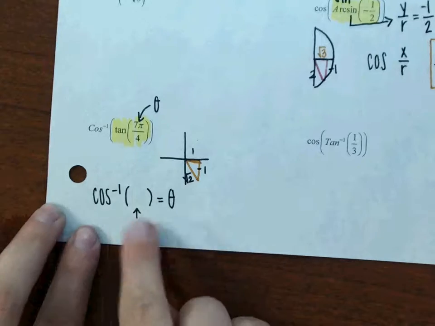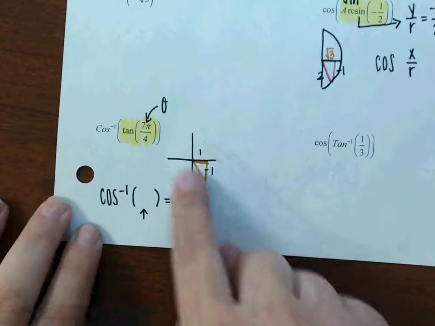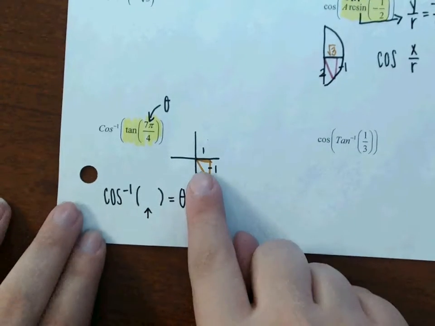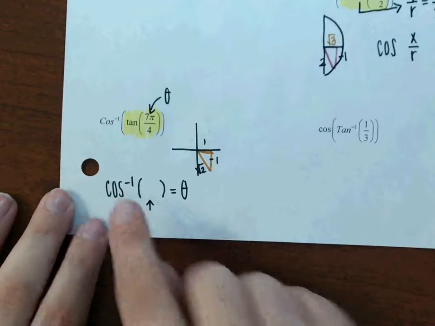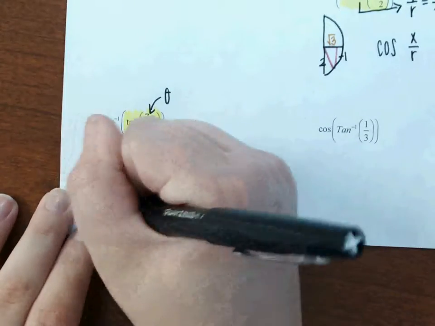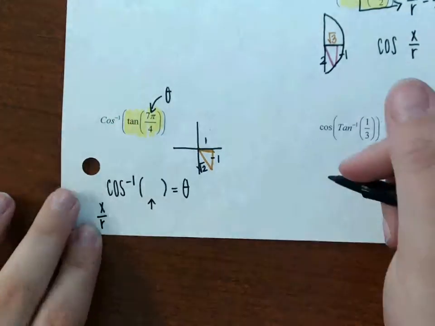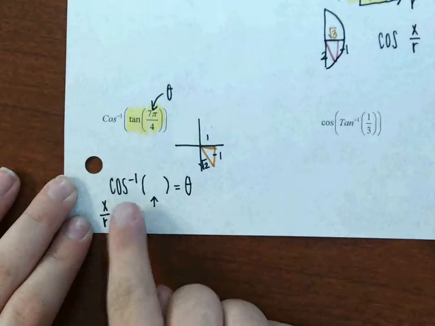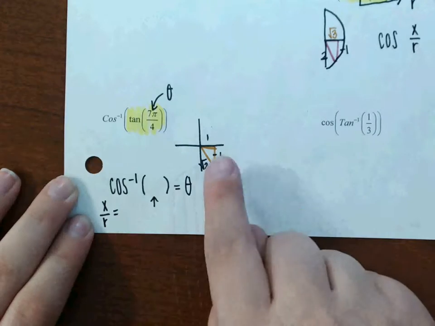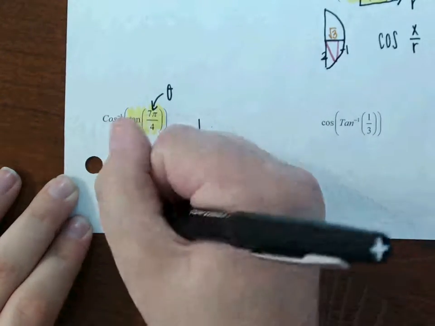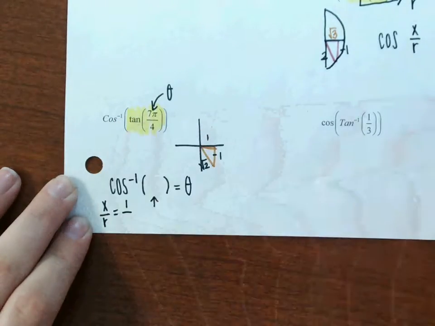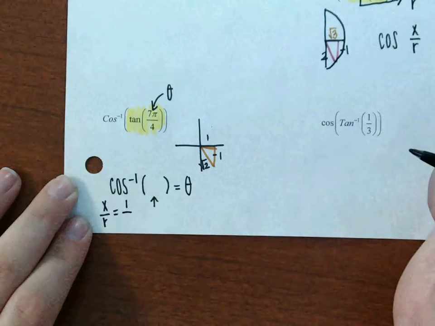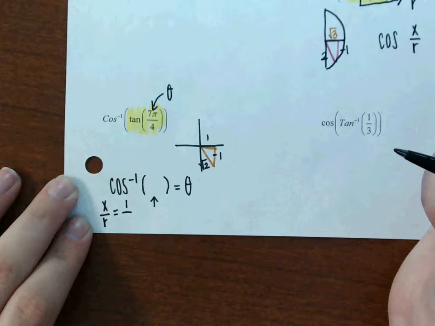So we're going to plug our ratio in using our numbers. So cosine is x over r. I think this is the hardest one, just wrapping your brain around it. So cosine is x over r, and using this data, x is 1, and r is